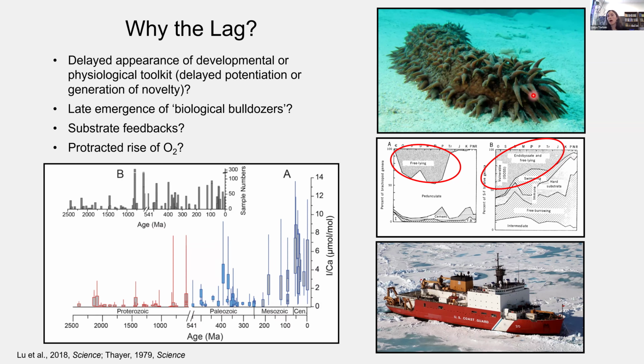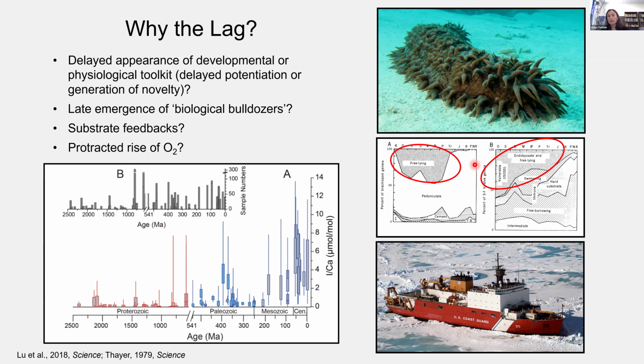And Thayer based this surmise of a middle to later Paleozoic radiation of the bulldozers upon the body fossil record of another group of organisms, those organisms that are immobile and that are suspension feeding and live in muddy substrates. And he observed pretty striking declines in the abundance of these muddy substrate suspension feeding taxa during this same interval. And presumably these would have been the organisms that were most susceptible to the disturbance of seafloor sediments, as well as the increasing turbidity of the benthic boundary layer that may have accompanied the radiation of biological bulldozers.